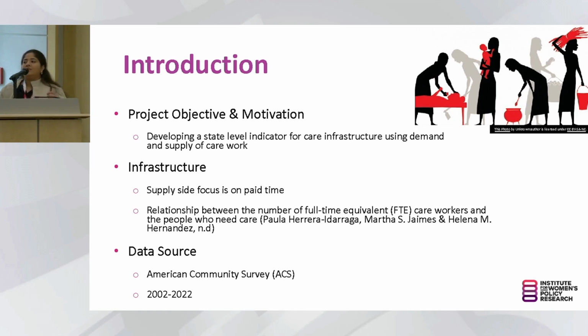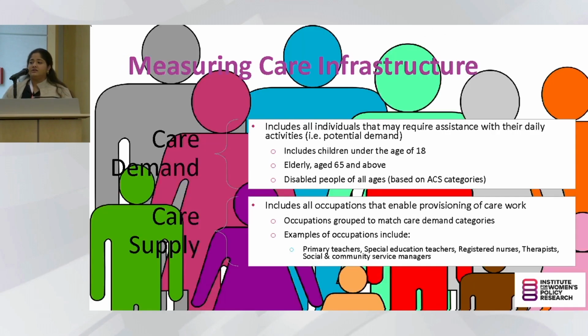Before I go forward with the data sources, I want to mention that this is our initial work for the US economy. We're still teasing out a lot of different aspects, which I'll talk about later on, but just as a heads up. For the US, we're looking at the American Community Survey, and we're looking at at least 20 years of data. So that gives us quite a rich understanding. Well, I didn't want it to be as rich as this slide, but we work with what we have here.